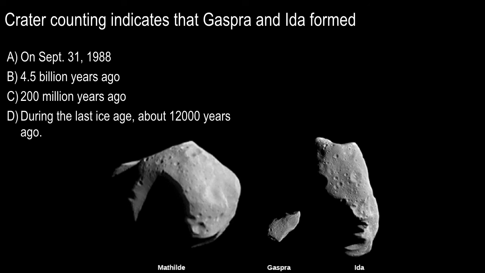A lot of you chose option B. That's 4.5 billion years ago. Now, that's a tempting answer because that's roughly the age of the solar system, we think. But that's not the age of these two asteroids. We think they were formed a lot later. They're fragments of something,